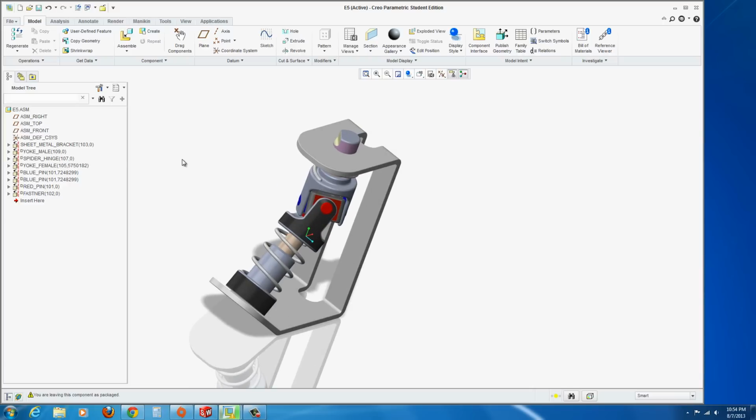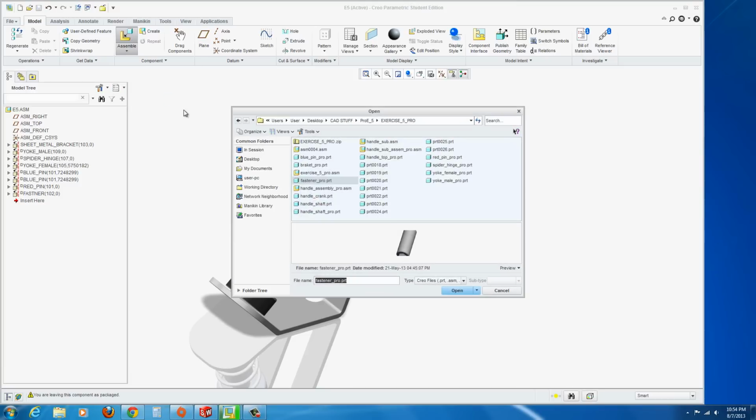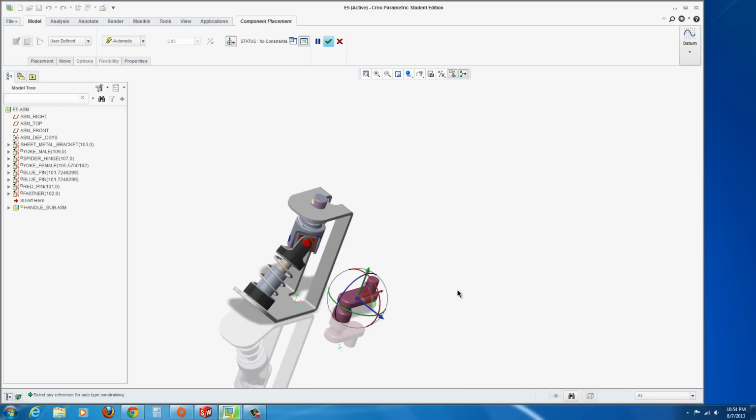Now finally, we want to add a subassembly to this. Subassemblies work the same way as a part file. You just go to Assemble, and in this case you're going to find the handle subassembly. So it's actually handle sub. Hit Open,